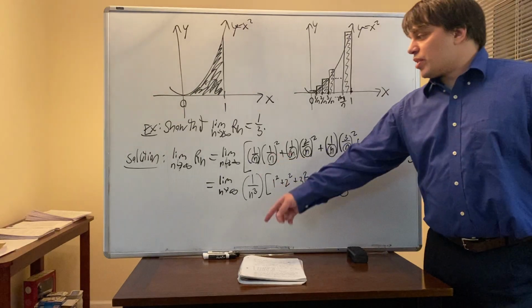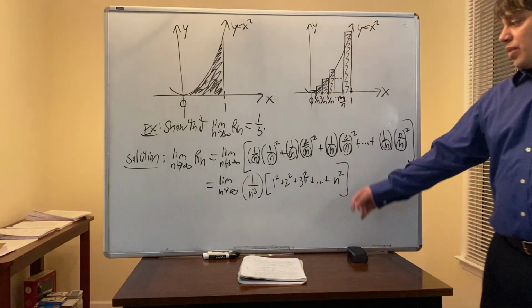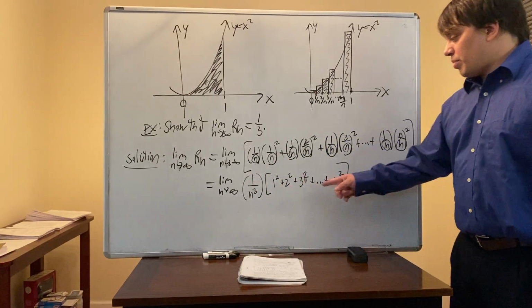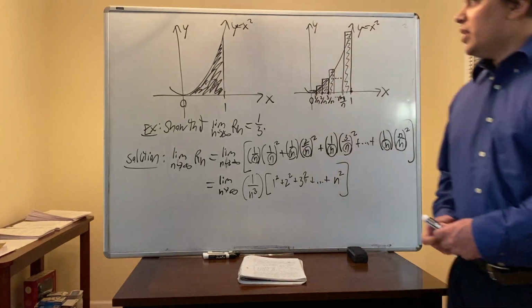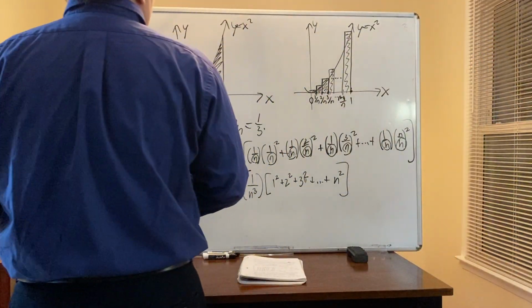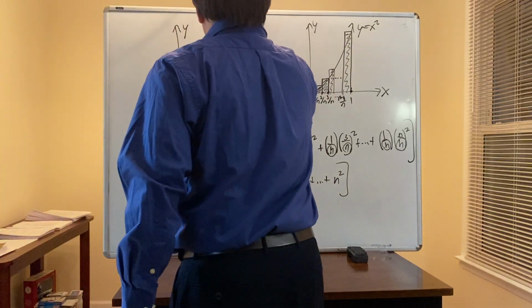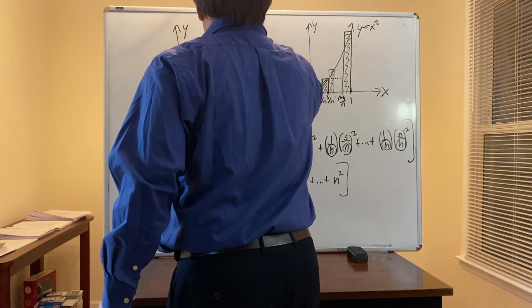So the limit of R sub n is the limit of 1 over n cubed times the sum of 1 squared plus 2 squared plus 3 squared plus up to n squared. A fact is that if you take the sum of 1 squared plus 2 squared plus 3 squared